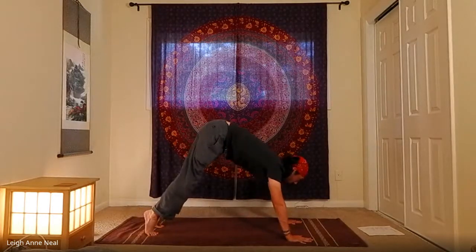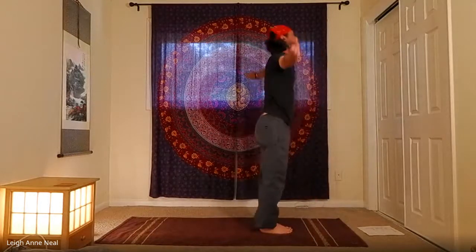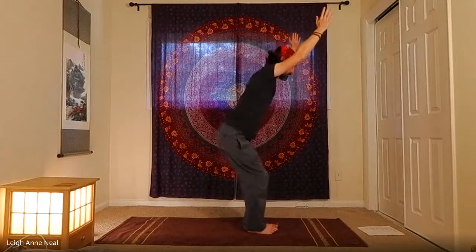Inhaling to the toes, fill the lungs there. And as you exhale, again, make your way to the front edge of the mat. Inhale up to standing back bend. And as you exhale, we'll flow through Ardha Chandrasana. So again, pulling the arms to the left, hips to the right, and right over to the other side. Then we inhale back to center, and this time we exhale as we sit back in an imaginary chair for